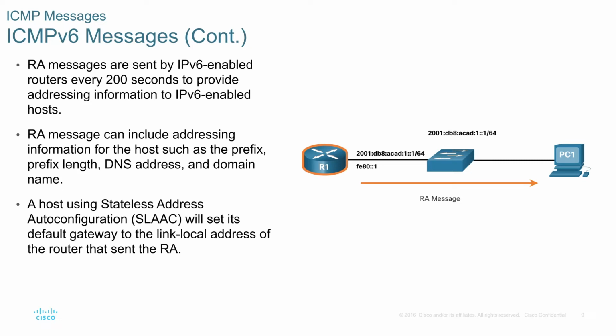As we can see in the diagram, the network that we are on is the 2001:DB8:ACAD:1. A link local address of FE80::1 has been configured. The address of R1, from that we would use the